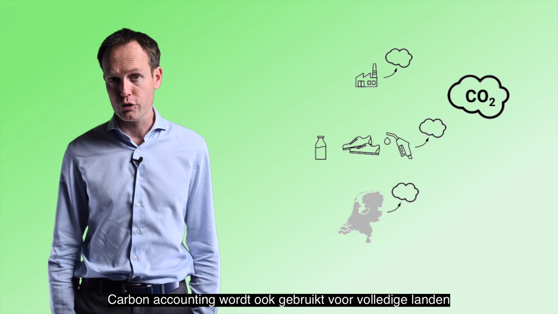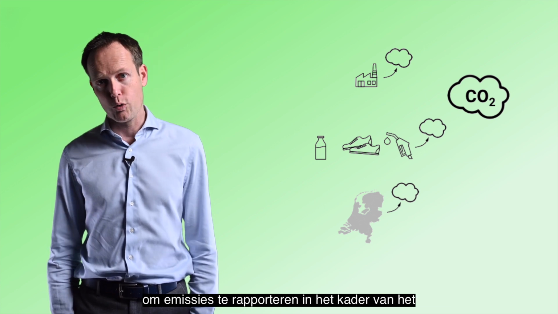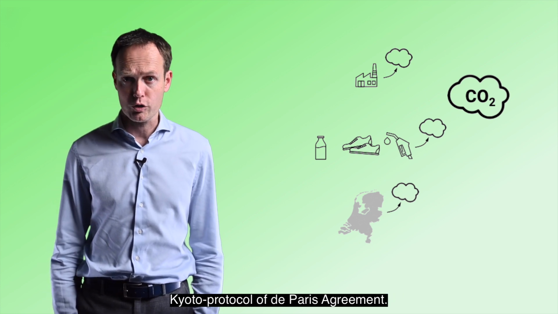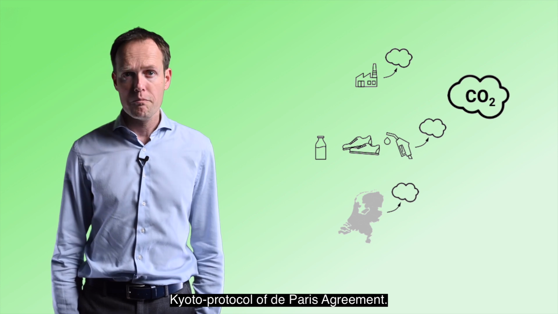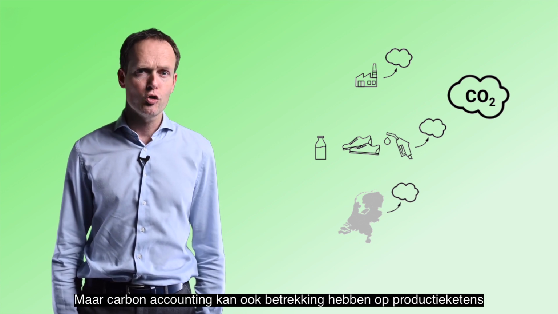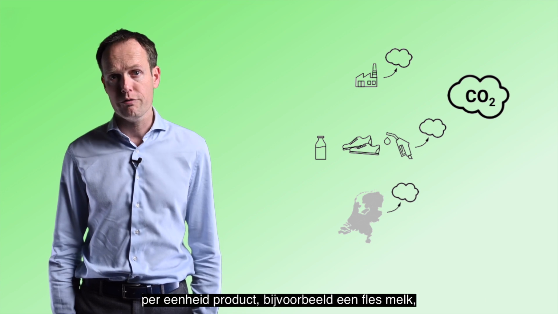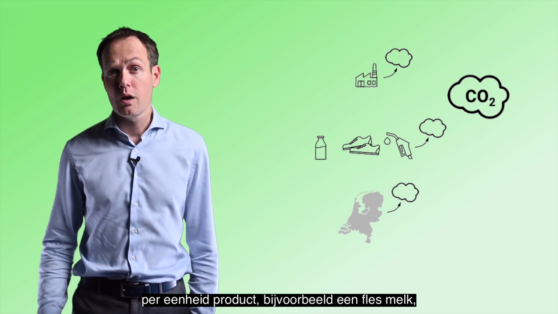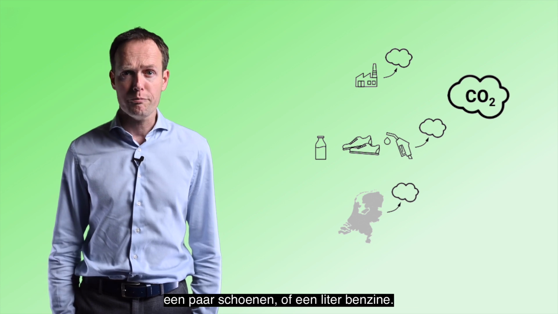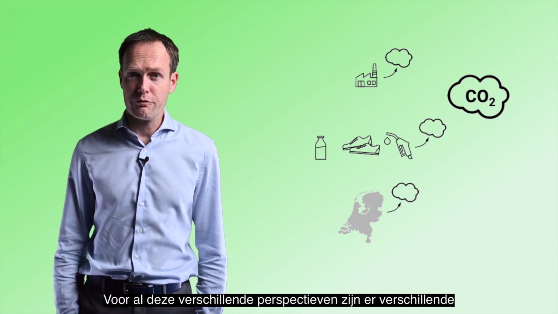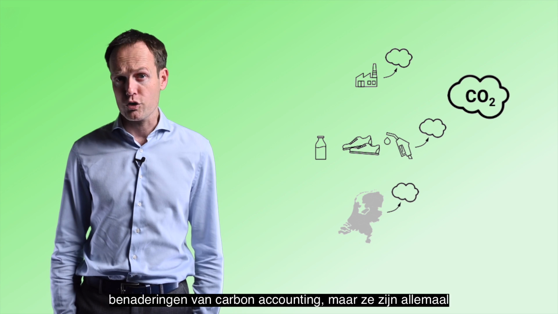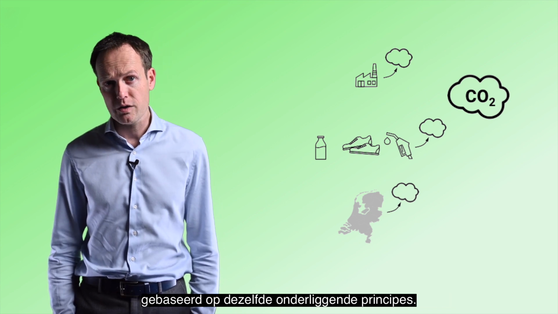Carbon accounting is also done for complete countries to report emissions in the frame of the Kyoto Protocol or the Paris Agreement. But carbon accounting can also relate to product supply chains, where the carbon footprint is expressed per unit of product. For instance, a bottle of milk, a pair of shoes, or a liter of petrol. For all these different perspectives, there are different approaches to carbon accounting, but they are all based on the same